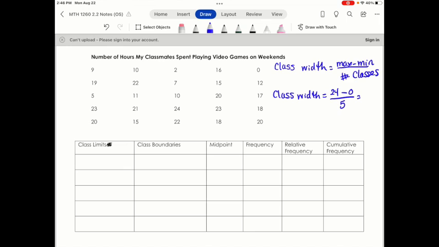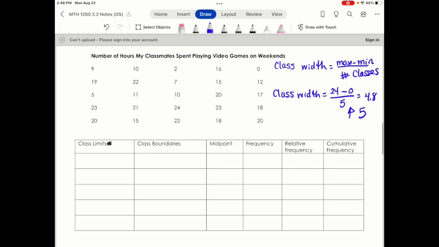Now, when I divide this, I'm going to get 4.8, and remember, you always, always, always round up to the next whole number. Even if your class width itself comes out to a whole number, you still have to bump it up to the next whole number to make sure that all the values fit into one of these categories. And if you underestimate, you might not have a value that fits in one of the categories. Okay, so then we know our class width is going to be 5,